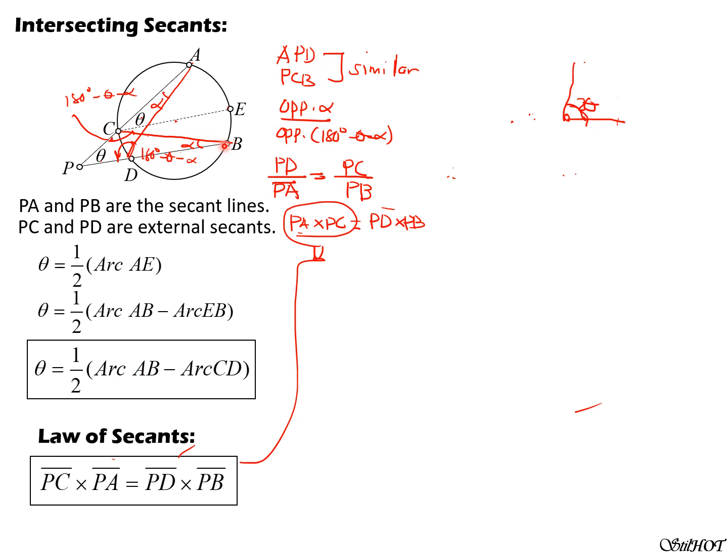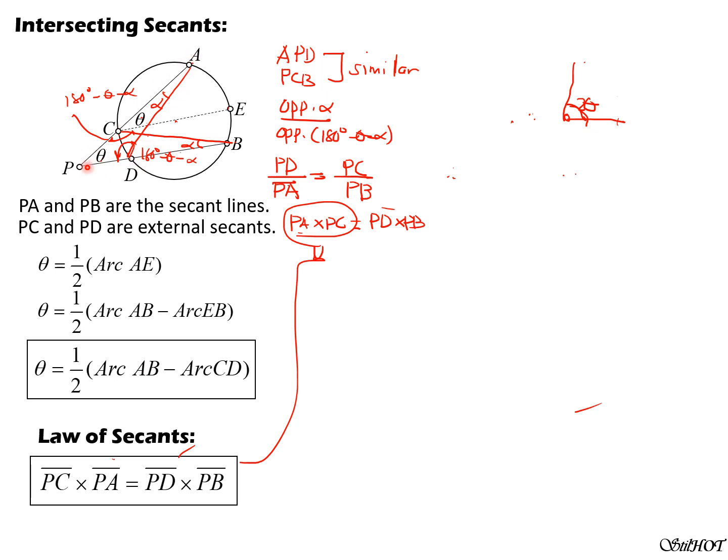Likewise, if we draw this triangle here, PBC, this is also alpha because it subtends the same arc CD, just like at A there. So if that is alpha, and this is already theta, then this angle here would be 180 degrees minus theta minus alpha. Likewise, this angle here, considering this triangle APD, is also 180 degrees minus alpha minus theta, or minus theta minus alpha.